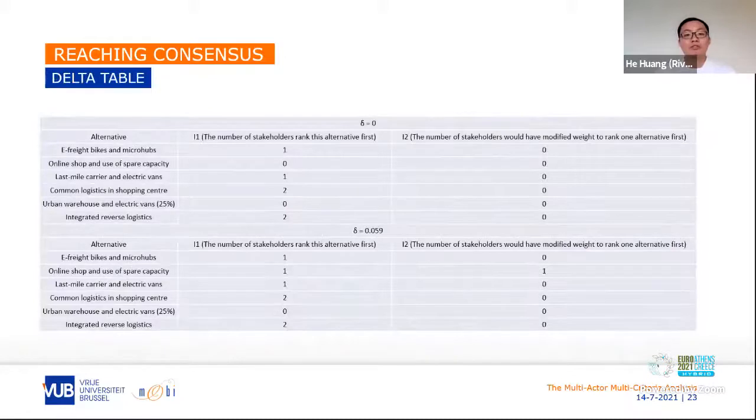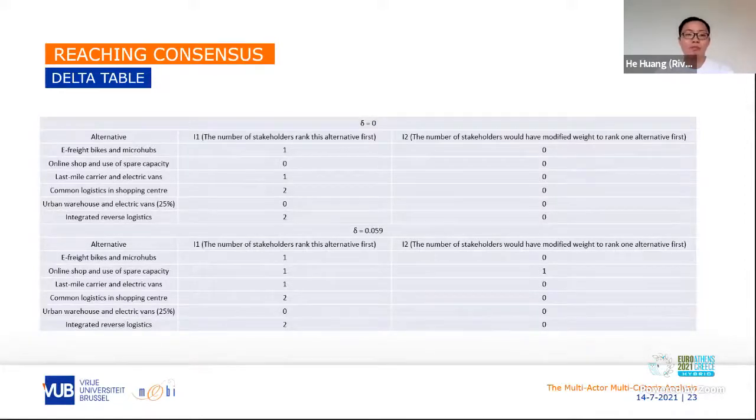After investigating the detail of stakeholders, we try to focus on the performance of alternatives when changing the same weight. Thus, we built a table called the delta table. Three indicators are introduced. Delta is the weight modification applied to all stakeholder groups. I1 is the number of stakeholders who rank one alternative first when applying delta weight modification. I2 is the number of stakeholders that would have modified the weight to rank one alternative first when applying delta